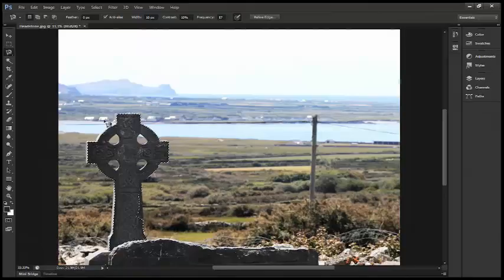Now, is that the easiest way to make a selection? It really depends. There are many ways to make selections in Photoshop, and different types of elements have tools that do it better or not. In this case, the magnetic lasso allows us to follow the dark edge of the headstone as opposed to all of the different colors and elements that are in the image, and make a fairly good selection without needing to do too much adjustment after the fact. Once you have a selection, what you do with that selection is